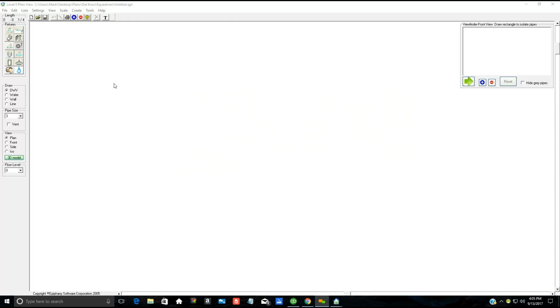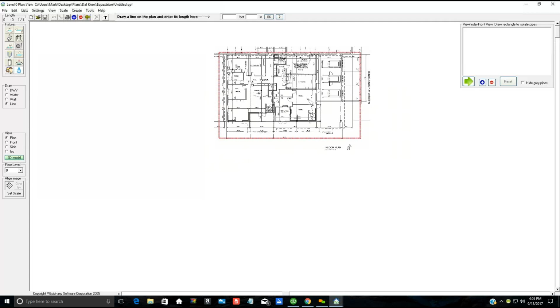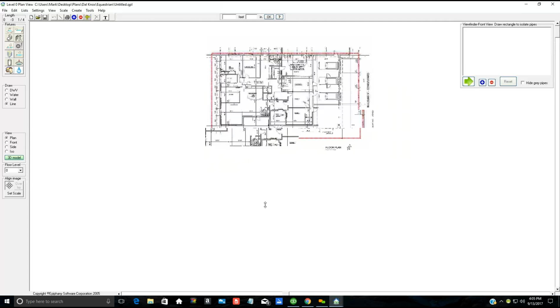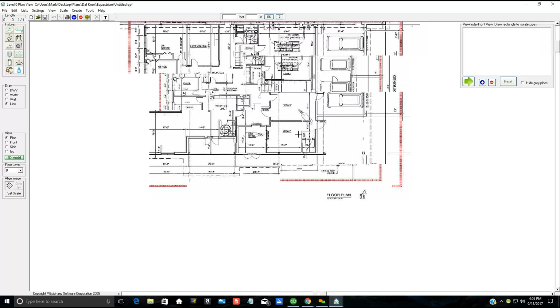Okay, this is information telling me that I need to set the scale of this plan. So all you do is zoom in to any dimension line, really. I want to find one of the longer dimension lines,